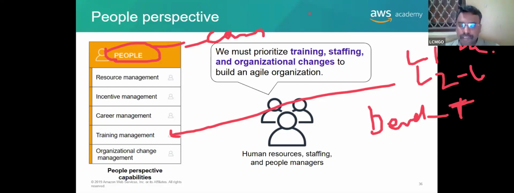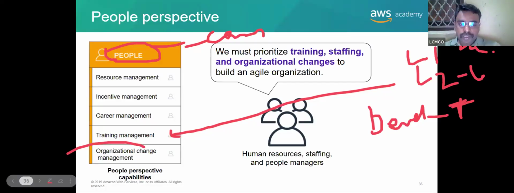Some skill might be there. That's why we took him for the job. But we have to identify that. That's what organizational management is, and all are involved in that meeting: human staffing, those who are coming for recruitment, and the people manager will decide whether to keep them or not. So this is the main people management.